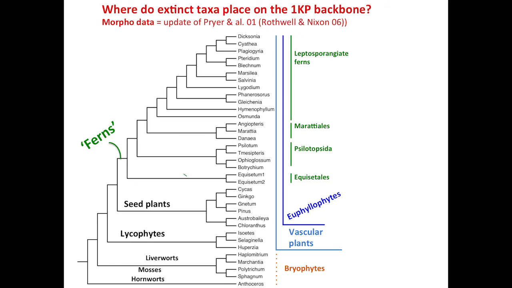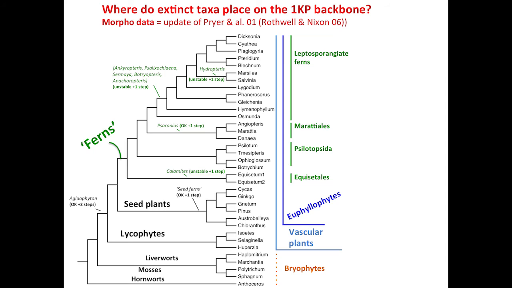So anyone who does environmental samples, for example, there are comparable algorithms for people who work on viruses to place very skimpy sets of data on trees. So I did that using the modified Pryor et al. data set just to see where these things would go. And many of the answers were surprisingly good,